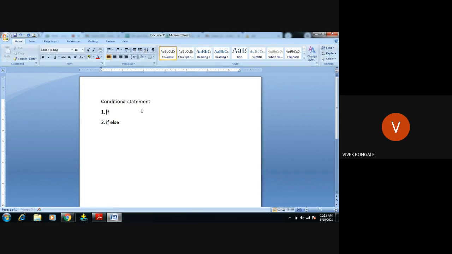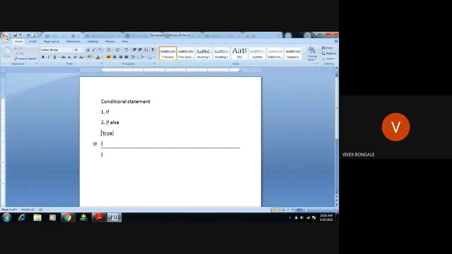What will be the values or the things we're going to include in this if statement? First, we're going to initialize the value. Then we have to give the condition. The condition will be in this bracket, the round bracket. Next, if this condition is satisfied, if this condition is true, then a piece of code that we want to display will be in this flower bracket.